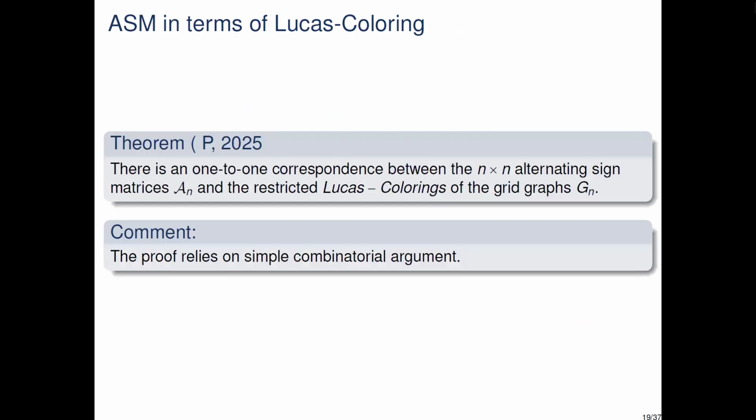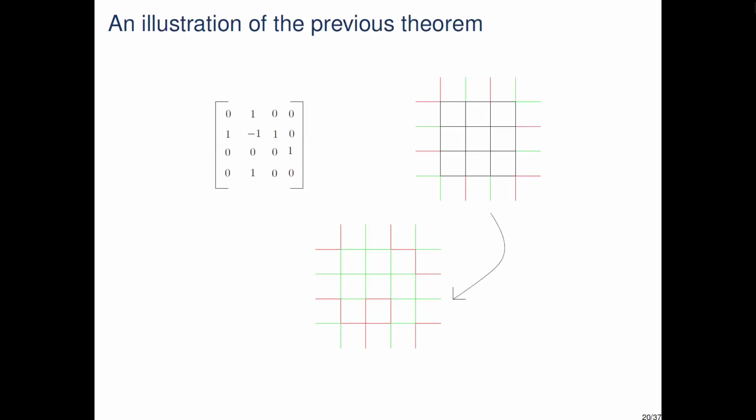Interestingly enough, you can also retrieve the n by n alternating sign matrices out of this Lucas coloring. Again, the argument relies on a simple combinatorial argument. Let me tell you how the conversion works. Suppose you start with an n by n ASM, and like in the FPL model, you fix a boundary condition